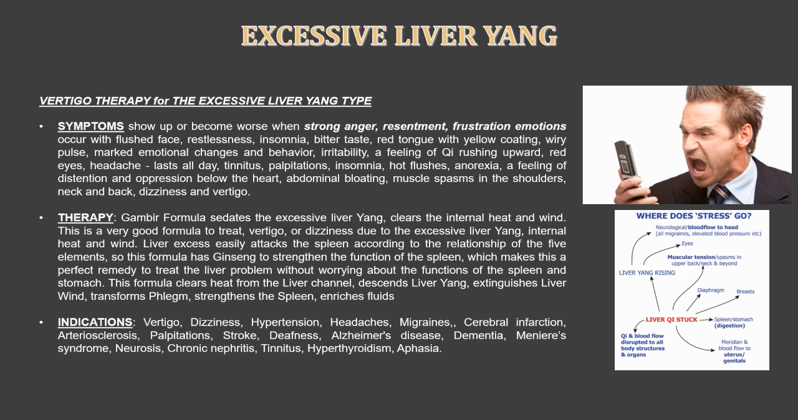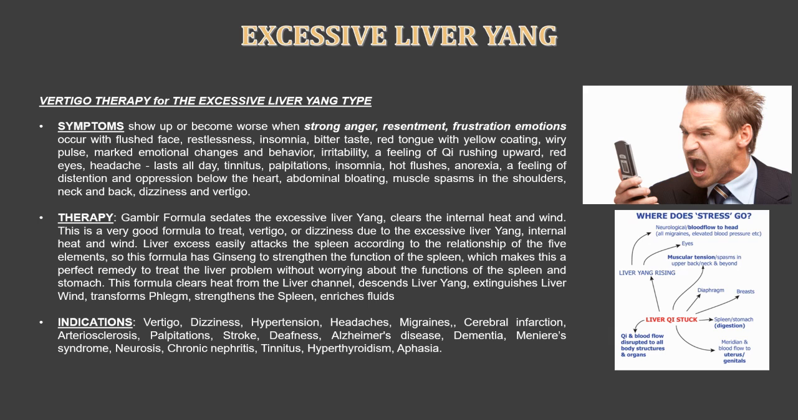Now let's move on to the therapies that TCM recommends. When the vertigo stems from an excessive liver yang type, the symptoms are the following. It shows up or becomes worse when you feel stronger anger, resentment, frustration, and when all these emotions occur also with a flushed face, restlessness also accompanies them, insomnia, a bitter taste in your mouth, a red tongue with yellow